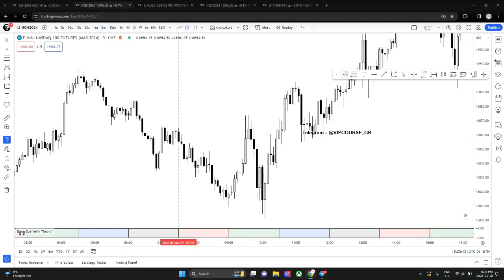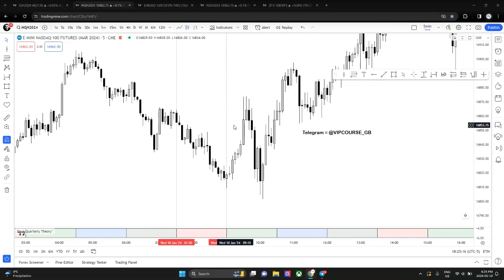So right here, this is Q1, right? And please, what I talked about for the last 10 minutes, the quarterly shifts, the time-based quarterly shifts, we'll go deeper into that,